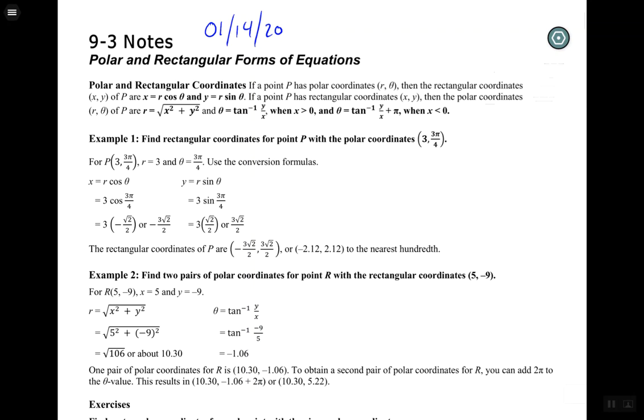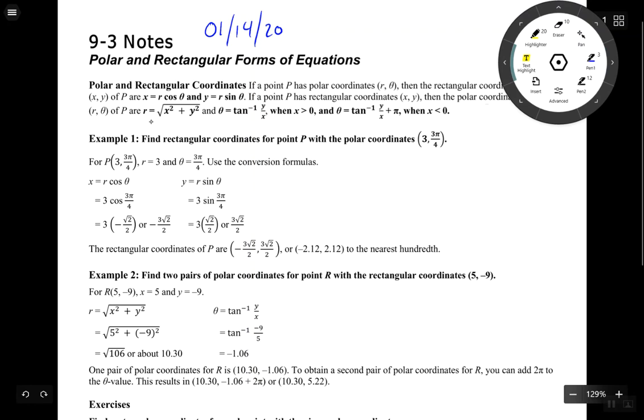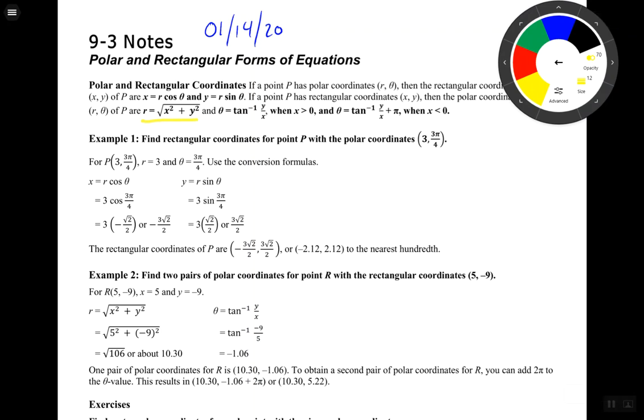So the whole key here is that we are going to use this equation. I don't want to use that. I want to use this. We're going to use this equation right here, where the radius is that Pythagorean theorem, and we're already aware of that. The radius of the circle is equal to the x coordinate squared plus the y coordinate squared, right? And we know that for a right triangle